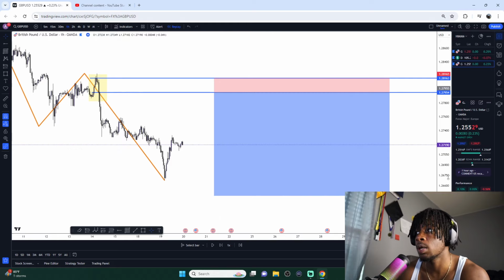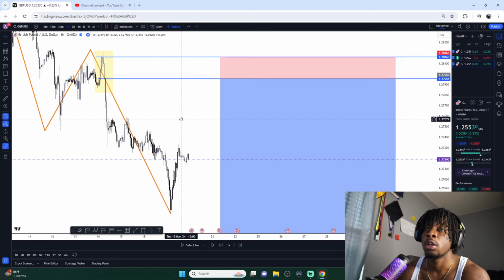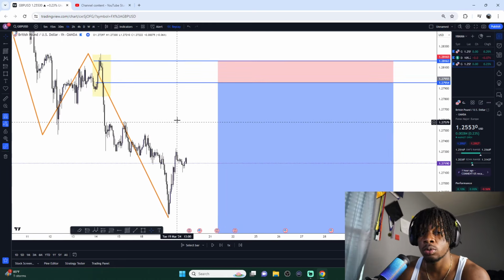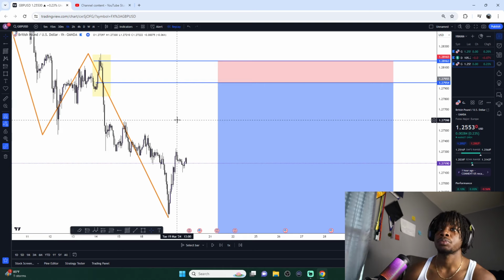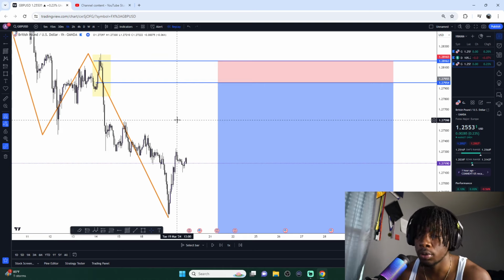Once again, how to get sniper entries in the market. Number 1, figure out where the trend is. Where's the trend going? Number 2, find out what your area of interest is. Where do you want to get in? Are you buying or are you selling? Number 3, take profit, and knowing what your risk to reward is,